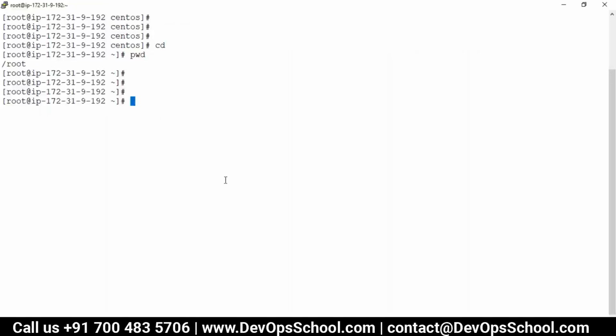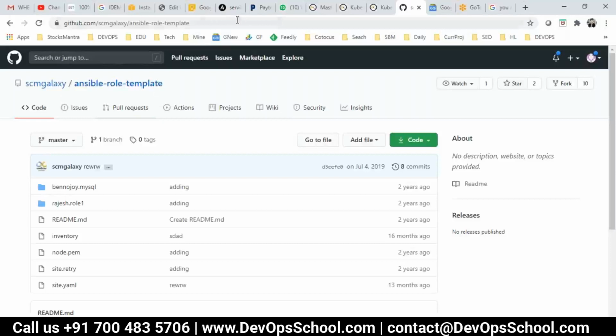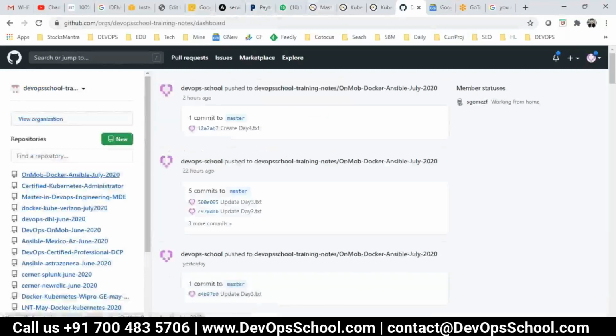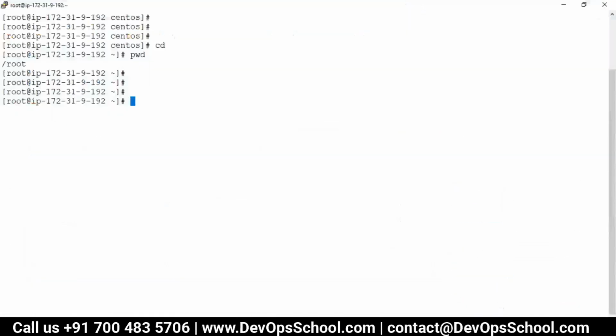Here this machine will become a shared machine for everyone. For that I need to do a little bit of background work, and here I'm going to clone this.